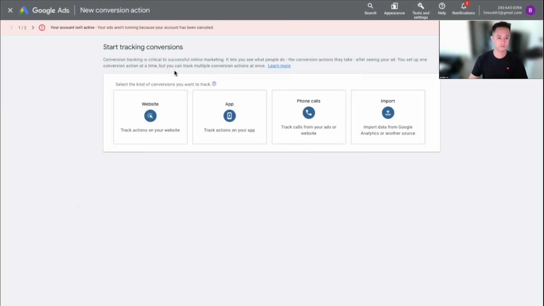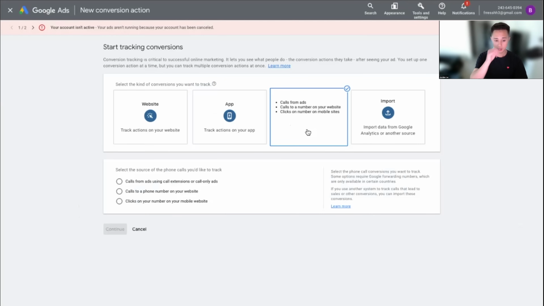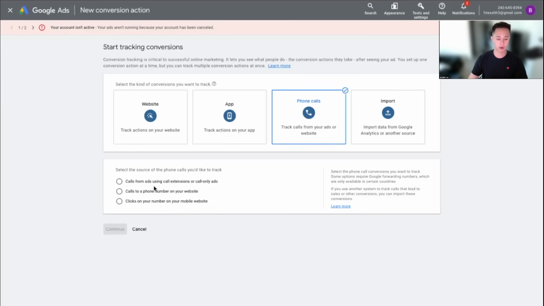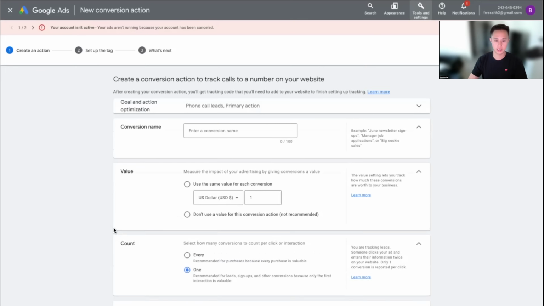So we're going to go in here. We're going to hit on new conversion action. We're going to click on phone calls. And ideally, you want to create all three, but I'm just going to go ahead and show you how to create one of them because they're all pretty straightforward. And this one is the one that even requires some type of tracking code. So we're going to click on calls to a phone number on your website. We're going to hit continue. We're going to name it. We're just going to name it calls